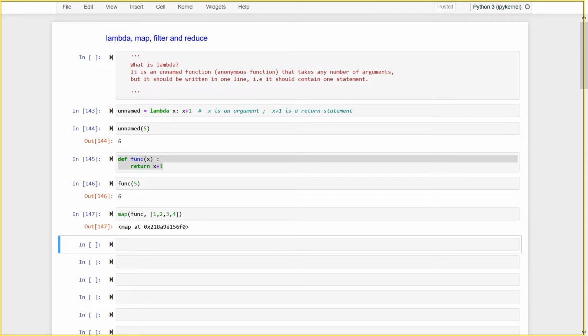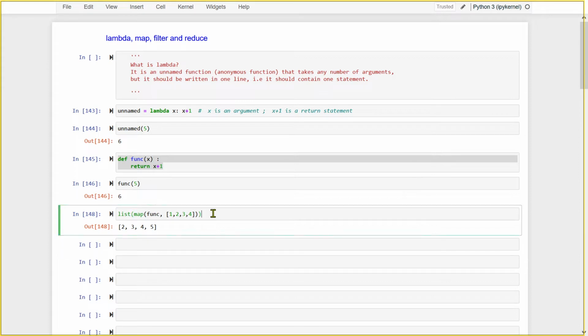An iterator is an object which is iterable, but whose contents cannot be seen unless and until I have iterated it, through some iterative process. So if I want to see the content of this iterator, I can convert it into a list. What is a list? A list is iterable. From this iterator, I have converted this and this is iterable. So 2, 3, 4, 5 is actually what it created, right? Because whenever I'm passing to this function, it is returning 1 plus 1, 2, 2 plus 1, 3, 3 plus 1, 4, and so on and so forth. So it has created this.